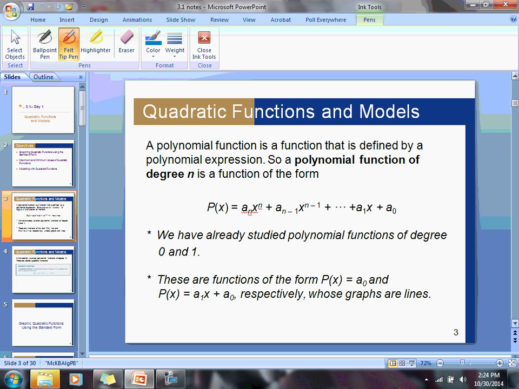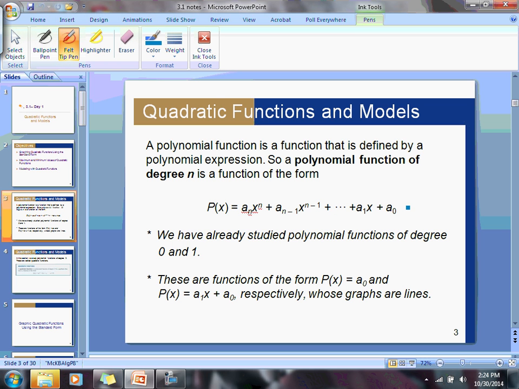Okay? So what this form means here is that you have your function, and these terms out front, this a sub n, that just stands for some constant, some number. And then you have a term that's less than that, or the next term, I guess I should say. And you keep going all the way until you have your very last term, or your constant. And then your x's have their degree on them. And as you go through, we're going to have them in descending order. So you're going to have your degree, minus 1, etc.,